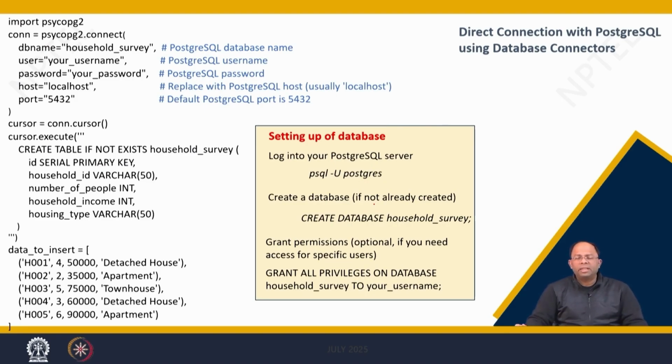So, showing you the same thing, a direct connection with PostgreSQL using database connectors. Just to repeat, there is not too much difference. The only thing is you have to again open the PostgreSQL server, and this is how you open that. You type in psql -U postgres, and then create a database if it is not there: create database household survey. Then grant permission. It is optional, but grant all privileges on database household survey to a particular username, which will make sure that this particular person will be able to access the